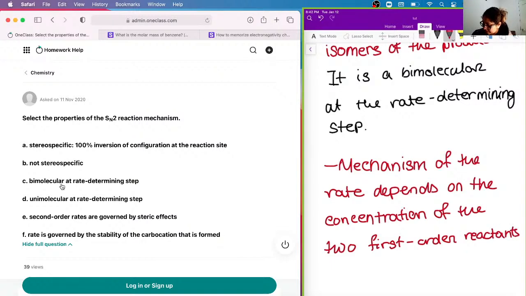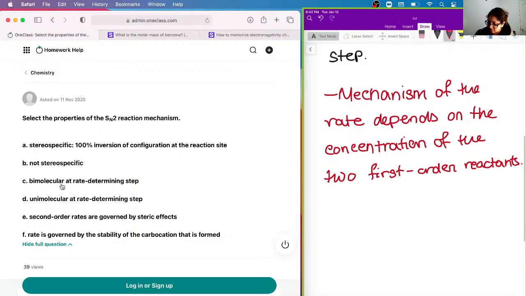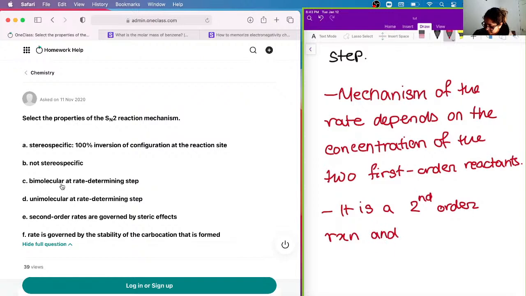Okay, so this is why it is a second order reaction and it's governed by steric effect. So we can say the point that is a second order reaction and it is governed by steric effect and helped by